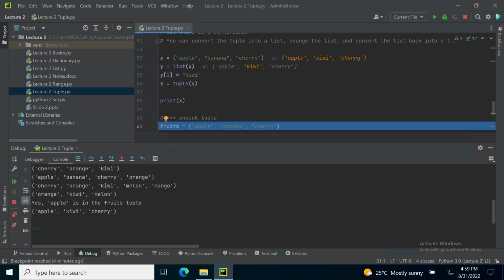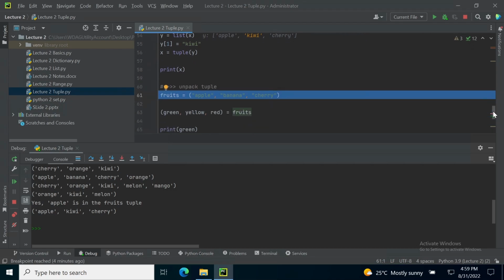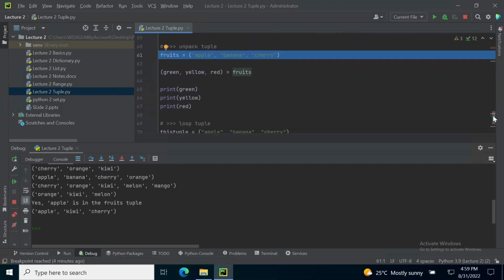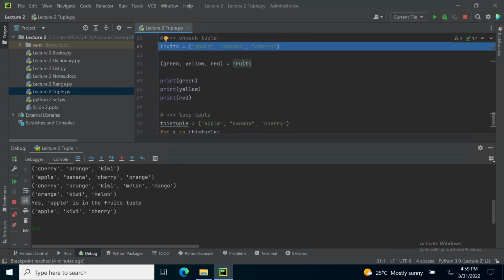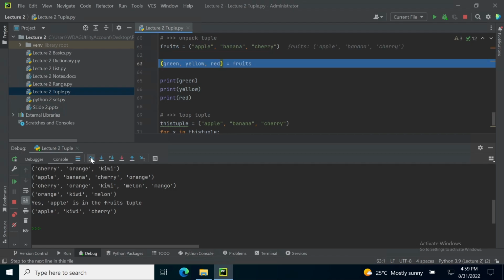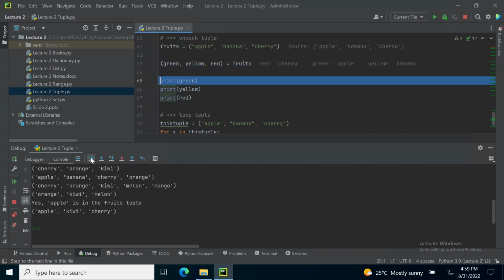Now coming to line number 61, I'm creating another tuple, fruits, apple, banana, and cherry, and I want to unpack the tuple. By unpacking, I mean I want to assign individual element values to variables. For example, apple will be stored in green variable, banana will be stored in yellow variable, and cherry will be stored in red variable. So I'm unpacking the tuple, and when I print green, yellow, and red, I get apple,